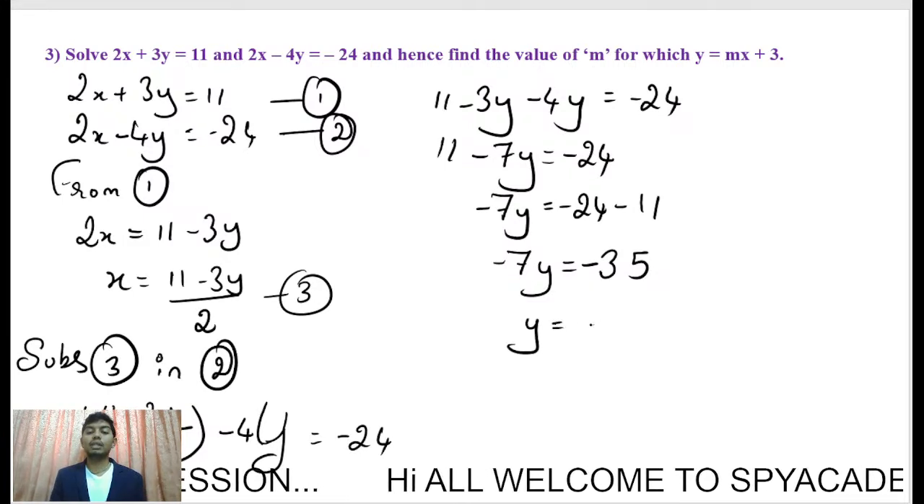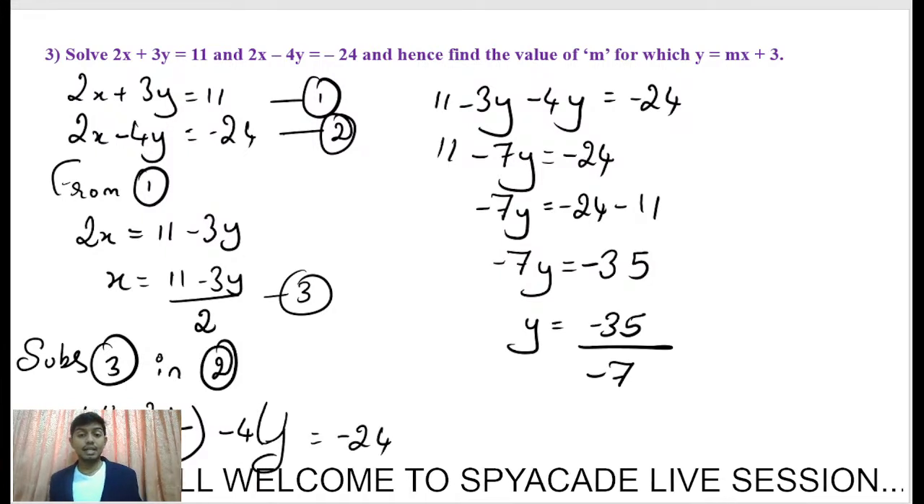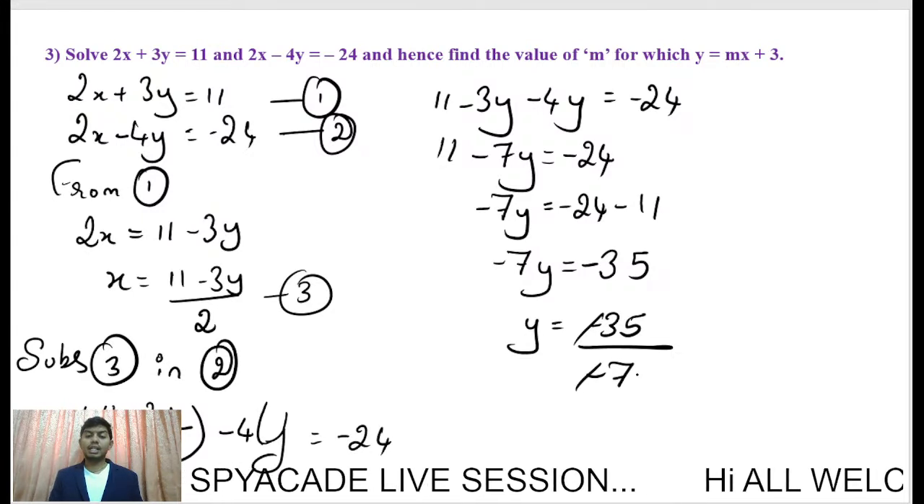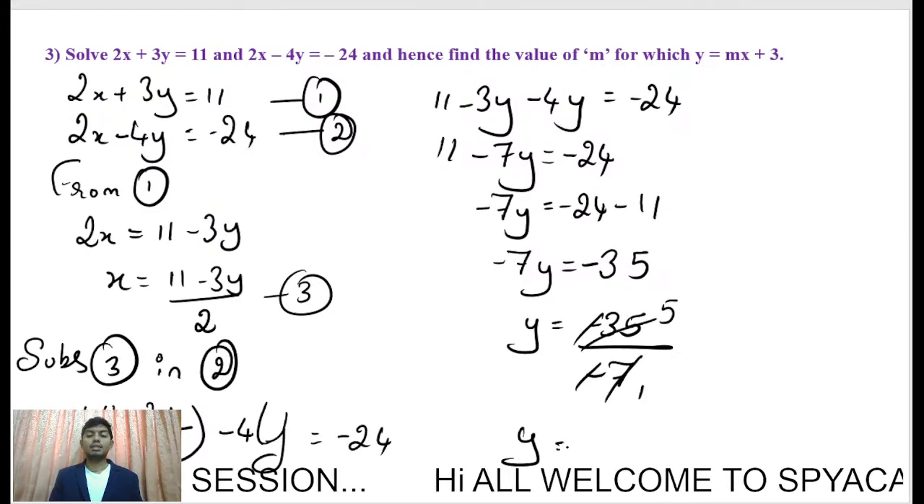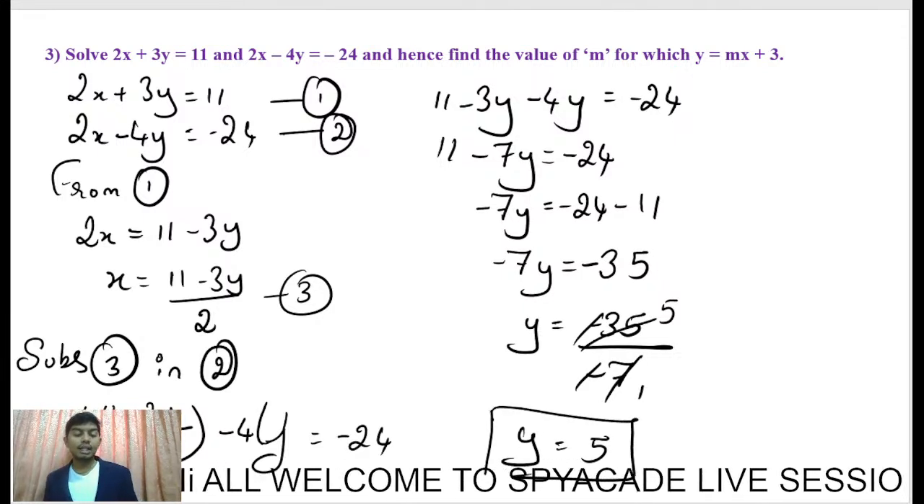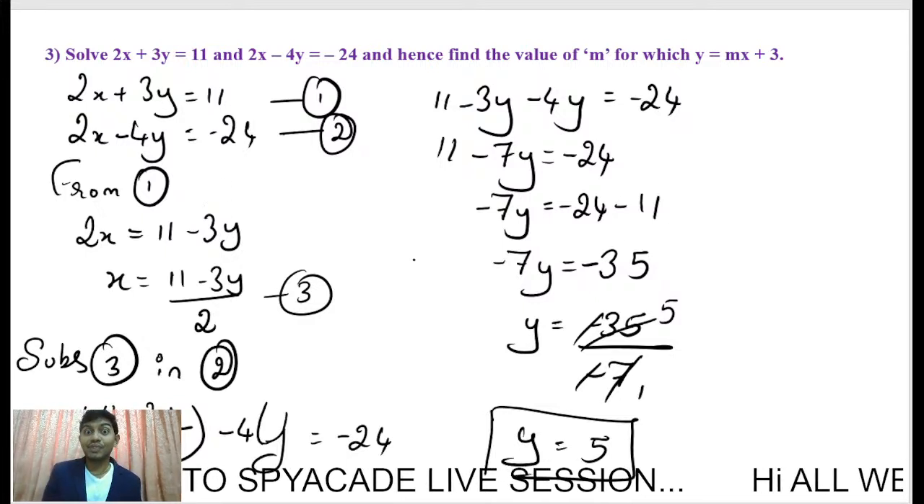So y is equal to minus 35 divided by minus 7. So what you will get? Minus and minus will get cancelled. 1 7 is 7, and then 5 times. So y is equal to 5. Is it clear? We found the y value to be 5, and then we have to find the value of